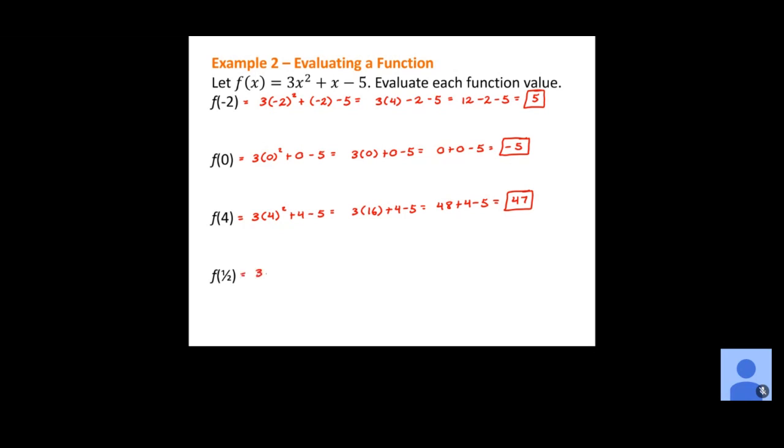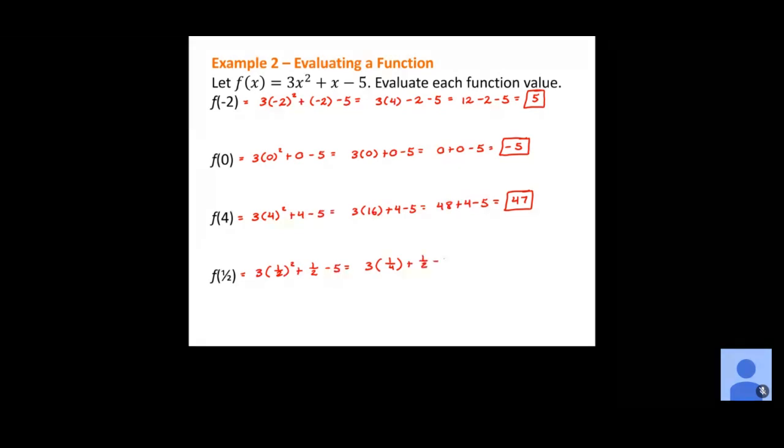So now we have 3 times 1/2 squared plus 1/2 minus 5. 1/2 squared, remember, 1/2 times 1/2, we can multiply straight across. That would give us 1/4. So we have 3 times 1/4 plus 1/2 minus 5. Then we would do our multiplication. So 3 times 1/4 is going to give us 3/4